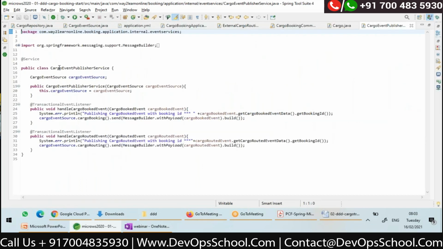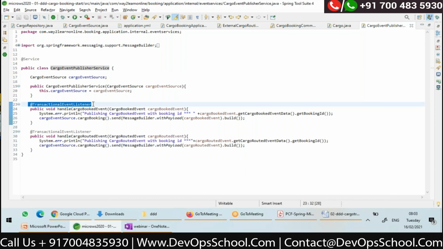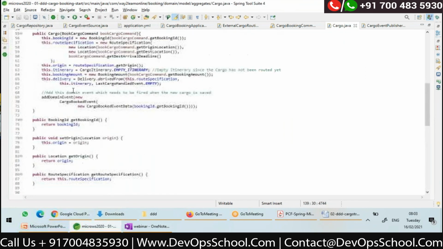Here, this is a class, event publisher service, where I have a method annotated with transactional event listener. Right? Whenever a transaction is committed and if there are any events registered, see here, I have registered a cargo booked event.